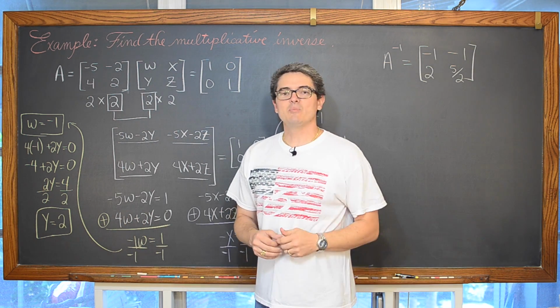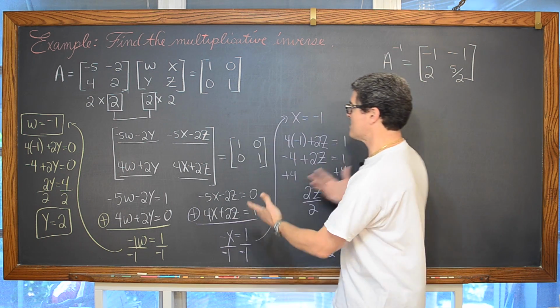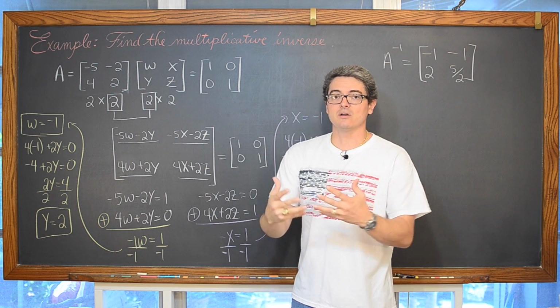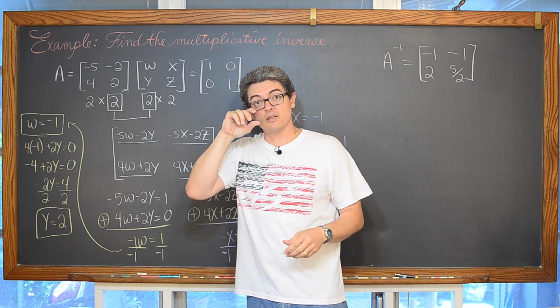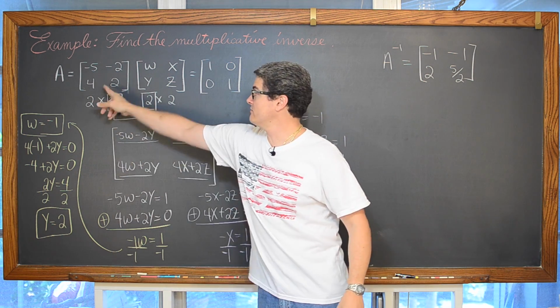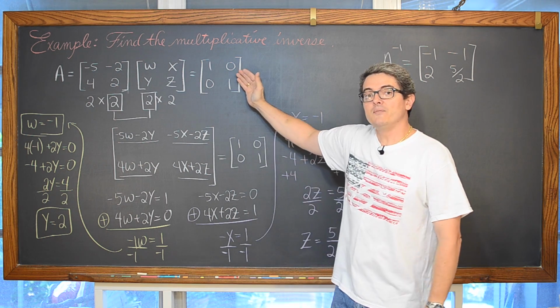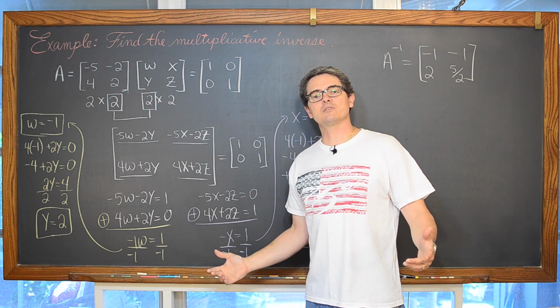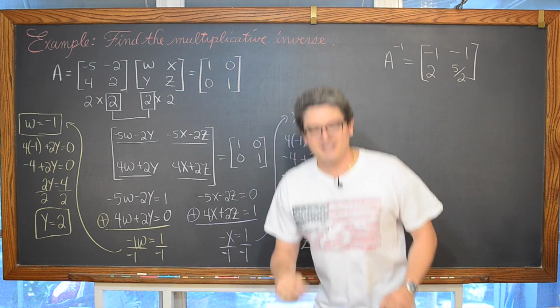Or the inverse of a 2 by 2 matrix, given a process to follow, as opposed to just, actually I kind of like this better, just using our understanding of how mathematics works and how when you multiply two numbers which are inverses, you get that identity. All right, but there is a formula for finding inverses of 2 by 2s. Let's look at it right now.